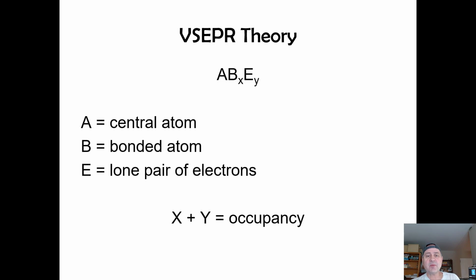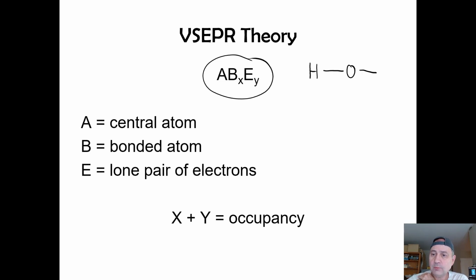There is a system that we can use if you're really struggling with these molecular shapes and visualizing and figuring out, oh, trigonal bipyramid and so whatnot. You can take any molecule and put it into this ABE system, where B are the bonded atoms and E are lone pair electrons. And then, for example, if we draw the Lewis structure for H2O,